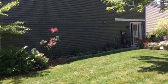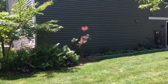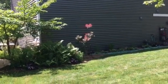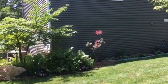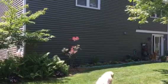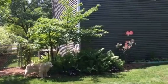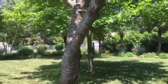Can't see it, but across the back of the house the grasses are up, the heucheras are up, and the variegated hostas are up and looking nice. And this is right about the time the deer will come in and chomp them down. So I need to spray deer repellent, particularly in the new back corner. There's my smoke tree with its pink smoke on it. But I need to get some more deer repellent down before the deer start chomping again, particularly in the new back corner where